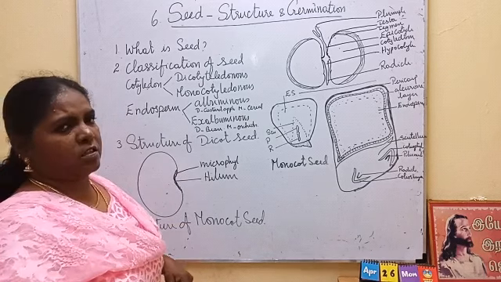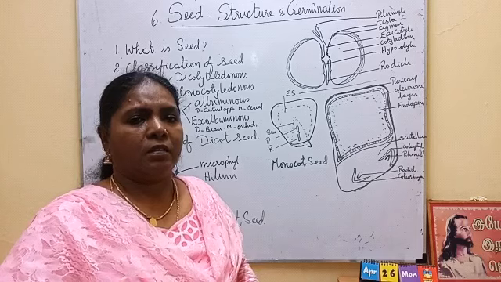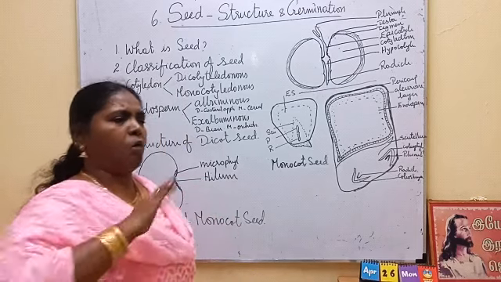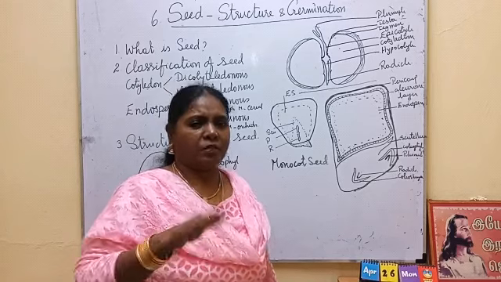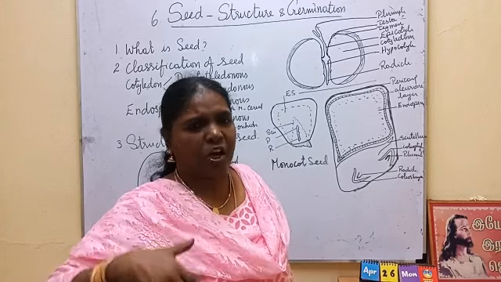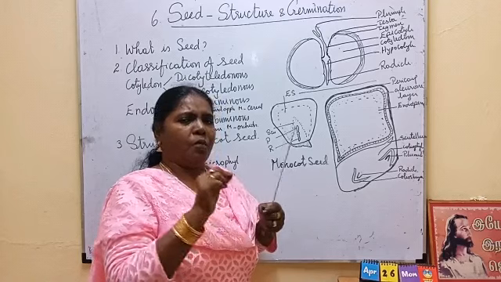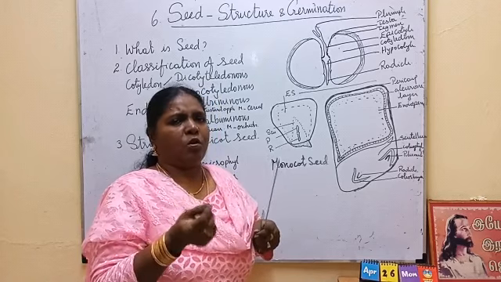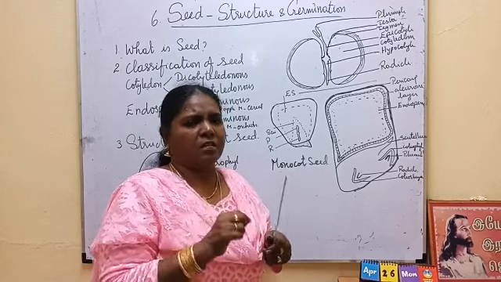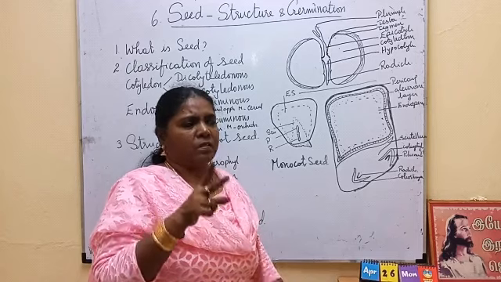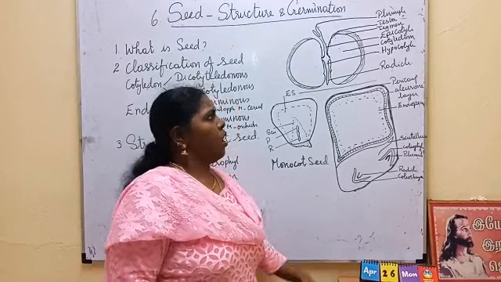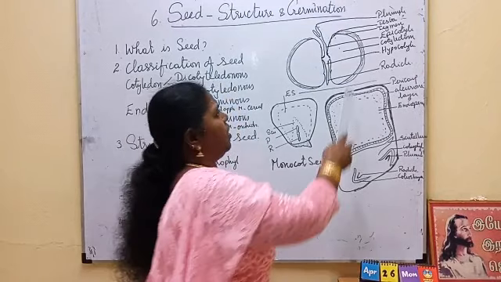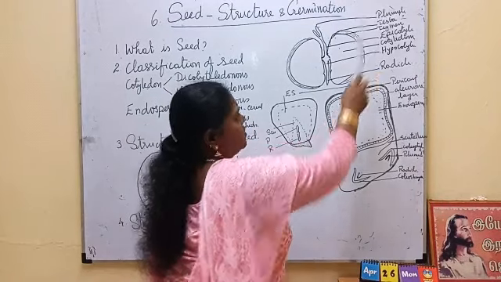Then if you soak it and remove the seed coat, the outer seed coat will be rough and thick. The inner side of the seed coat you can see is shiny. You can remove it; it is thin compared with the outer seed coat. The seed coat is made up of two layers. We have the outer integument and inner integument, isn't it so? So the outer integument develops into the outer coat, testa.